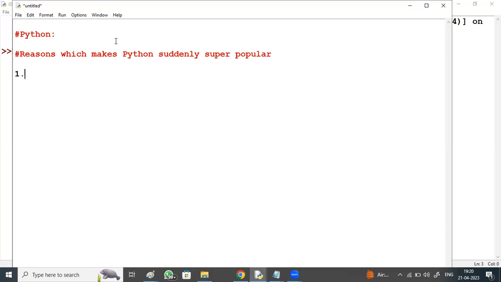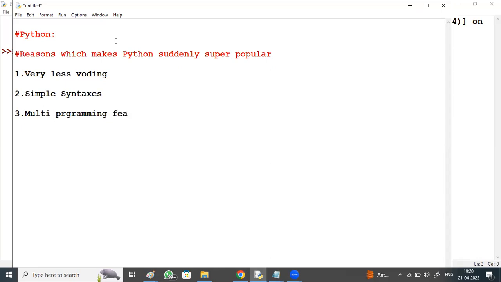First one is very less code. It has very less coding compared with other programming languages. Secondly, simple syntaxes given by Python, which look like normal English statements. And multi-programming features, hybrid features: what we see in different other programming languages, we see in Python.